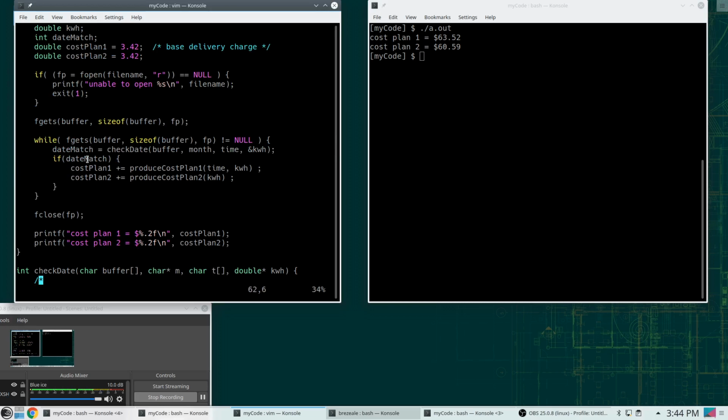Check to see if it's in the appropriate date range, and then call a function and call another function. Once again, it's about readability, and I've tried to make the code match very closely with my pseudocode. All right, so there's the entire process. Hopefully it helps you understand how to think about writing a program like this, and it really helps to sit down and work things out, and also think about the data